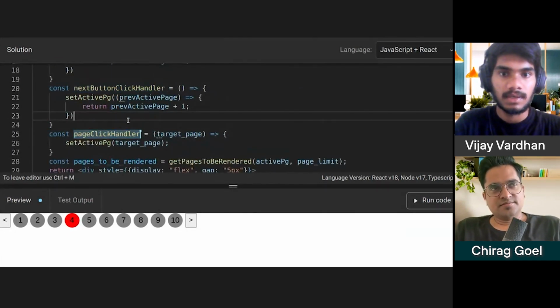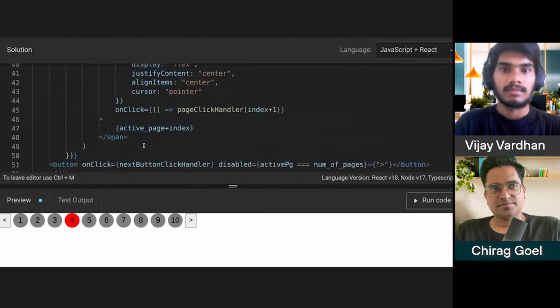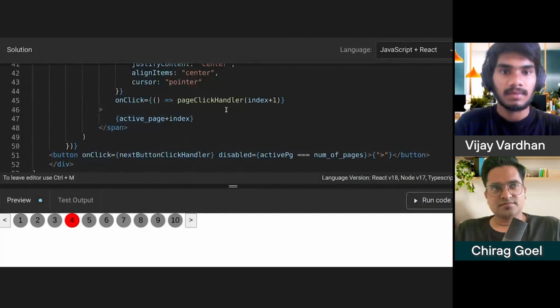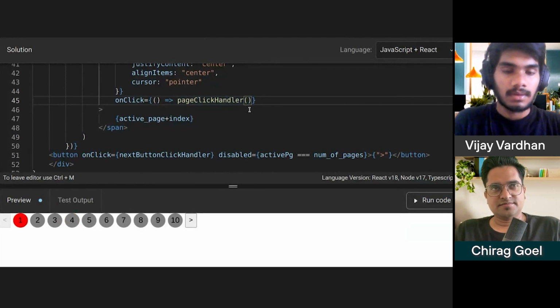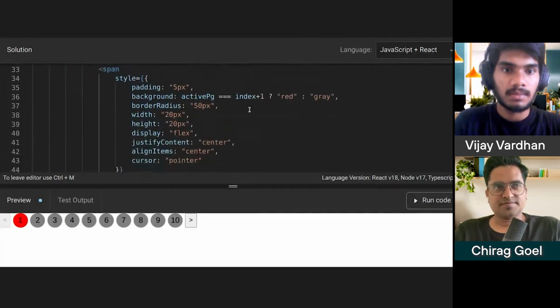The next button click handler is incrementing the value. When you explicitly go and click on 4, which method is getting clicked? The page click handler. What value are we setting? We are setting index plus 1. Do you want it to set index? Okay, it shouldn't be index, it should be